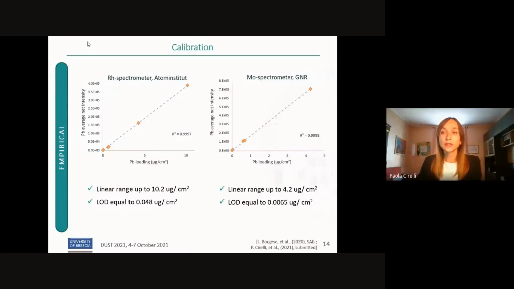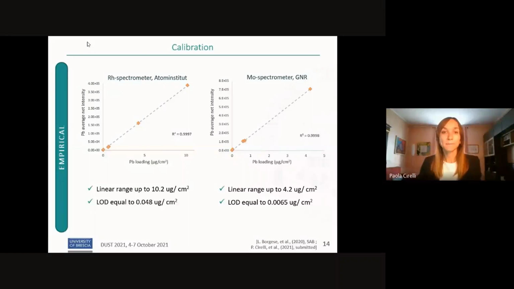With the rhodium spectrometer, a calibration line with a good confidence was obtained, and this is stressed by a high coefficient of determination. For the molybdenum spectrometer, an absorption phenomenon was observed, and the sample with the higher mass deposition was excluded from the linear range. With both the spectrometers, a very low detection limit was reached, well below the threshold limit of lead in air